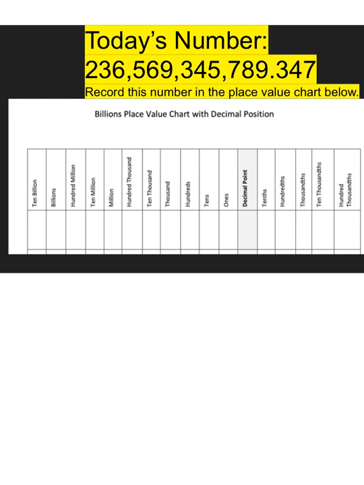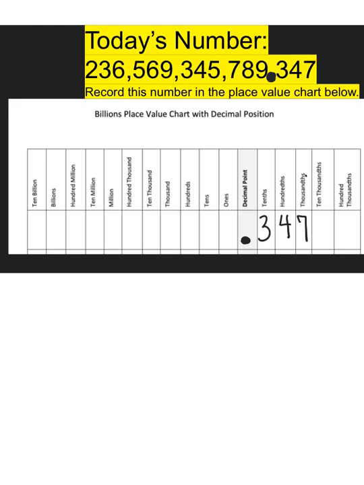So we're going to begin by taking this very large number and putting it into our place value chart. The first thing you want to do is really pay attention and notice where your decimal point is, because that will help you to separate your whole number amounts, this very large number, from your less than one whole decimal amount, this very small amount. So where you see that decimal point, go ahead and put that into your place value chart and then record your decimal amount, which is